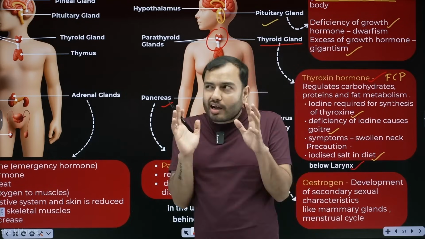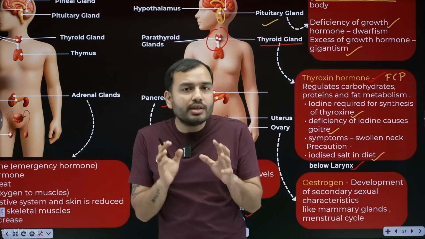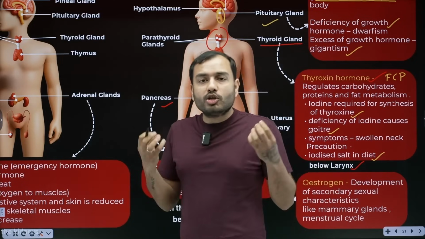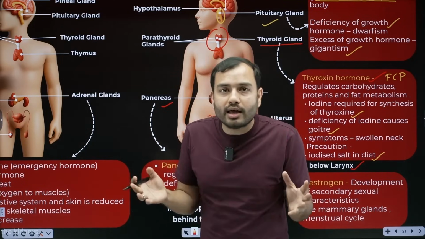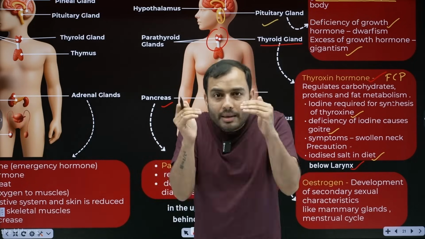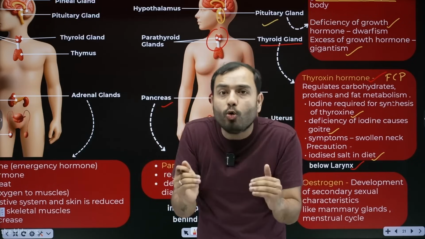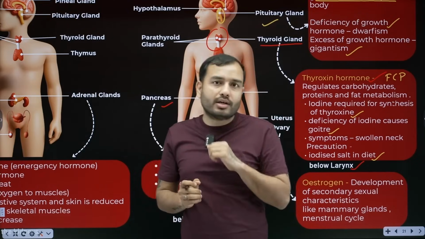Insulin. Now, you might know a little about the work of insulin. What does insulin do? If there is too much sugar, too much glucose in our blood, it reduces it. It lowers the blood sugar, lowers the glucose in the blood. This is the work of insulin.